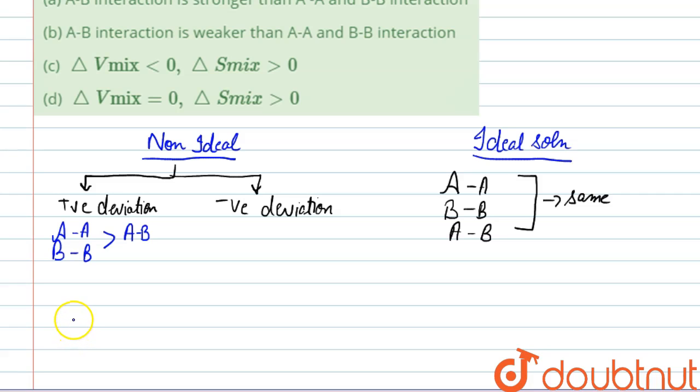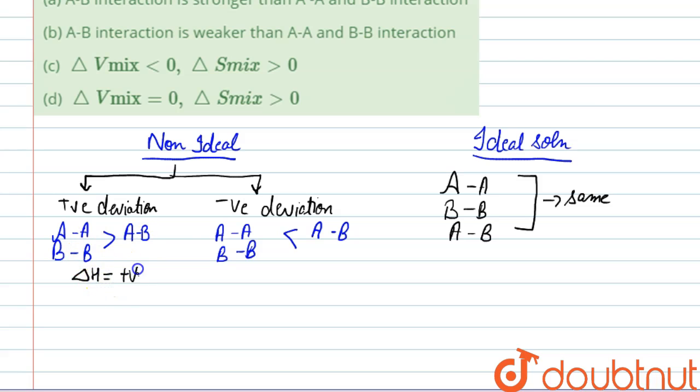Now in the case of negative deviation, the thing is opposite, that is AB has more strength than that of AA or BB. This is the case of the positive and the negative deviation. Now in the positive deviation, we know that we have delta H, the enthalpy change. If AB is less stable, it will have more energy than AA and BB. That means the enthalpy or the energy will rise for positive deviation,